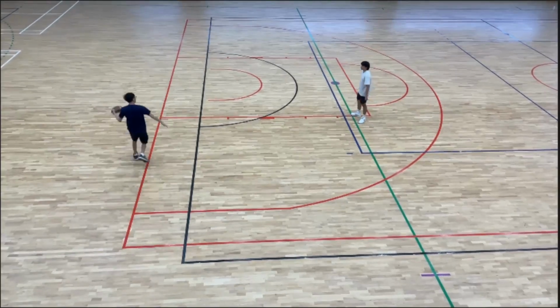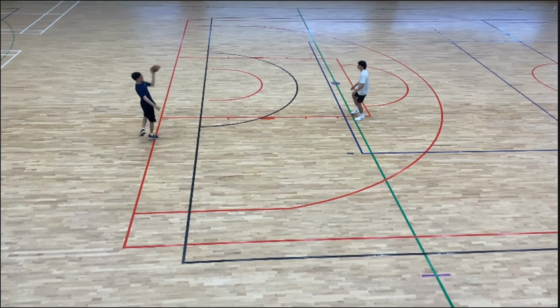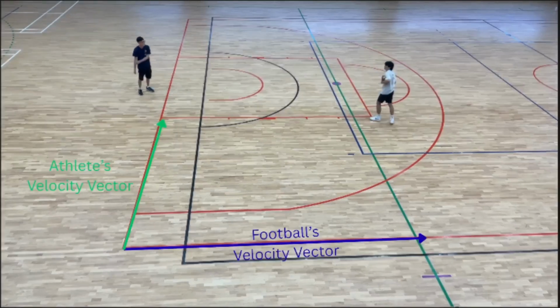When an athlete moves from their original position to a position where the football can be passed freely to reach a teammate, the speed and direction they move from their original point to their new position creates an additional vector, the athlete's velocity vector. If the athlete uses the same amount of force and throws the football in the same direction as before, the football will end up in a different position that can be calculated using the parallelogram rule,